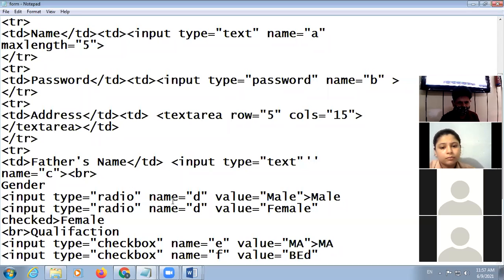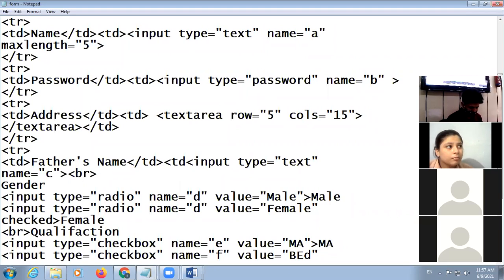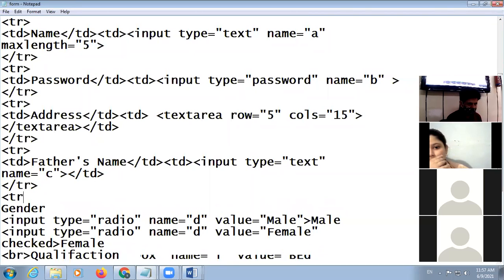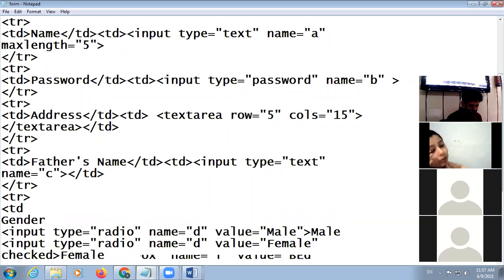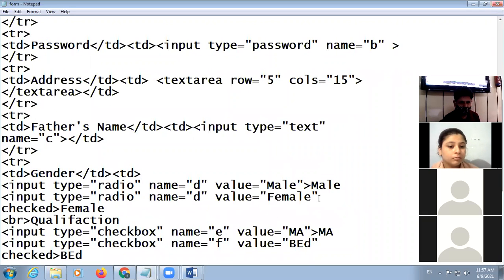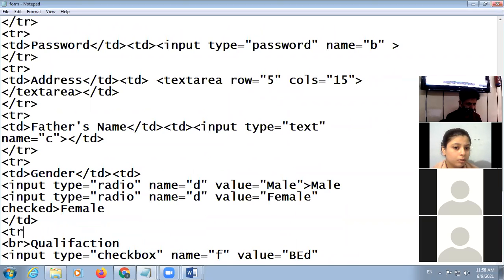So the input here is a text box, then here is father name, then we start td again and then td close, then tr close, we start tr again, then td, here is gender, and then td close, again td start, and here, after inserting your check boxes, radio buttons, I close td and then close tr.